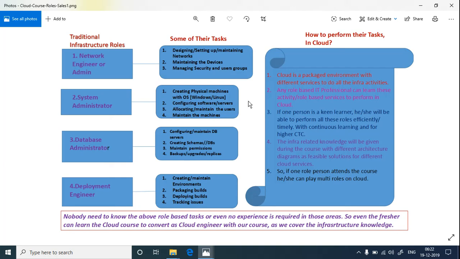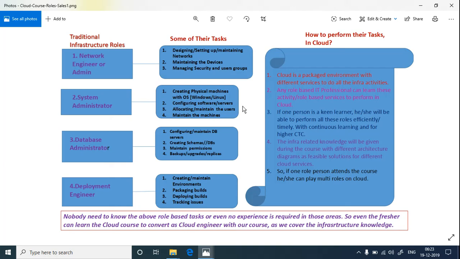Then configuring software and servers. Let us say you want to configure a particular EC2 machine with an Apache 2 server, or if it is a Windows machine, you need to configure it with IIS web servers, or you want to configure it as a database server like MySQL. Yes, it is possible. It can be done by the sysadmin guys. As per the traditional role, I am talking still, I have not converted into cloud. So let us understand the tasks they were doing. The same tasks are possible in virtual machine operation also.